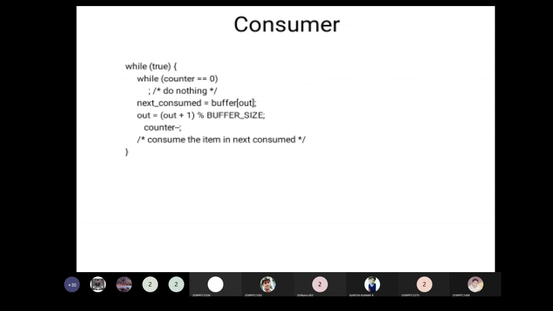For example, he is putting some 5 chocolates, but before producing, he is checking whether there is empty space inside the bag to hold new chocolates. So he is checking the buffer size here. Buffer is nothing but the space inside the bag.